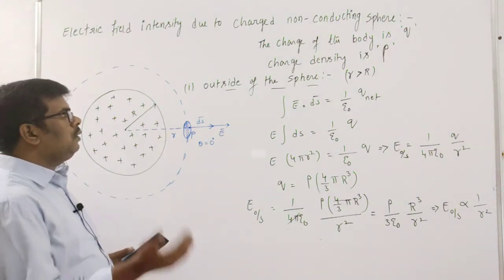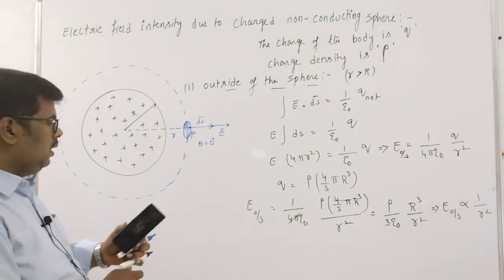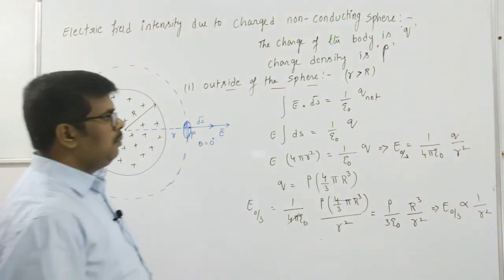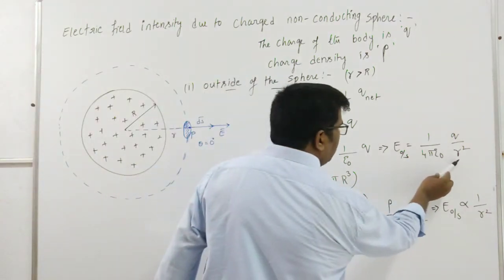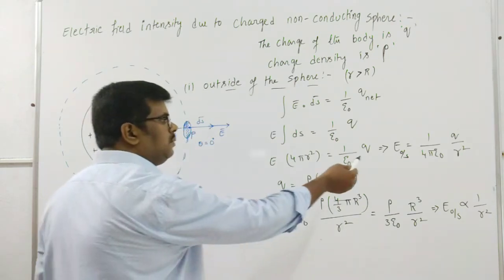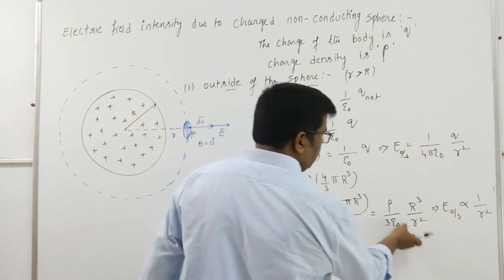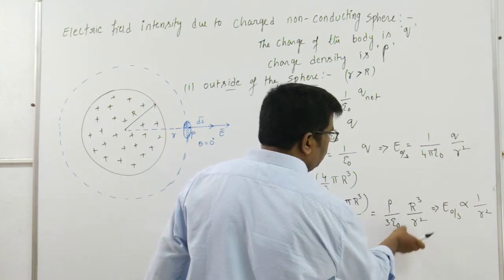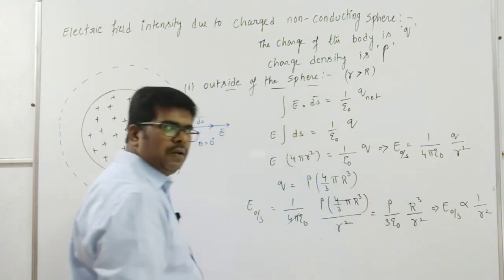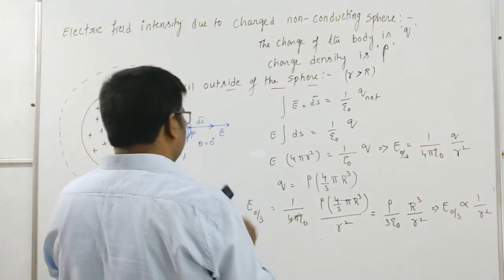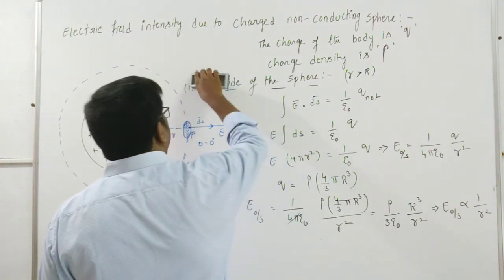Now if you are going to take it on the surface of the sphere, what change we can implement is, in place of small r you can write capital R, then the expression becomes constant. Similarly here, small r plus capital R, if you write, you will get rho by 3 epsilon naught into capital R. That is also constant only. That's why I am going to take the term like this. Second case,